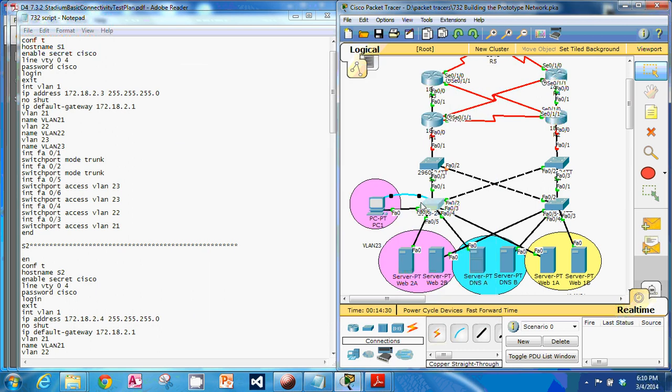Okay, that's switch 1. So we've got 0/1 and 0/2 set to switch port mode trunk, because they're going to the other switches. So they want to take everything from all the VLANs to the next switch. All the other interfaces